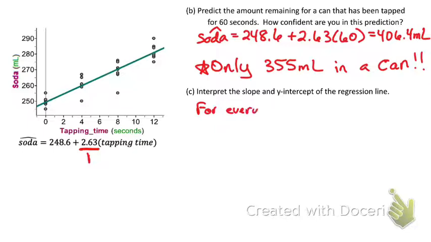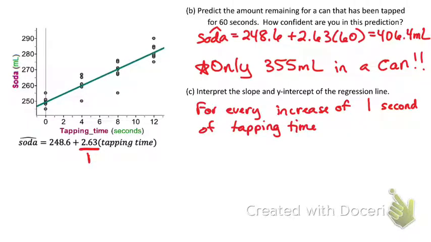For every increase of 1, and then here's where I'm going to insert the explanatory variable, the x variable. For every increase of 1 second of tapping time, all I've said there, guys, is every time I have a run of 1, okay, so I'm running 1. For every increase of 1 second of tapping time, the predicted soda remaining